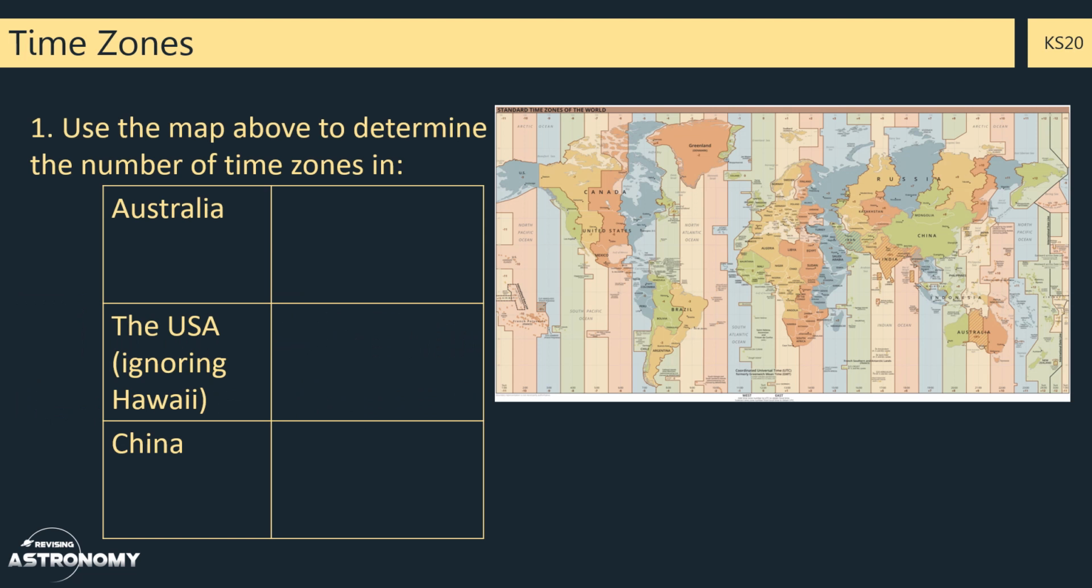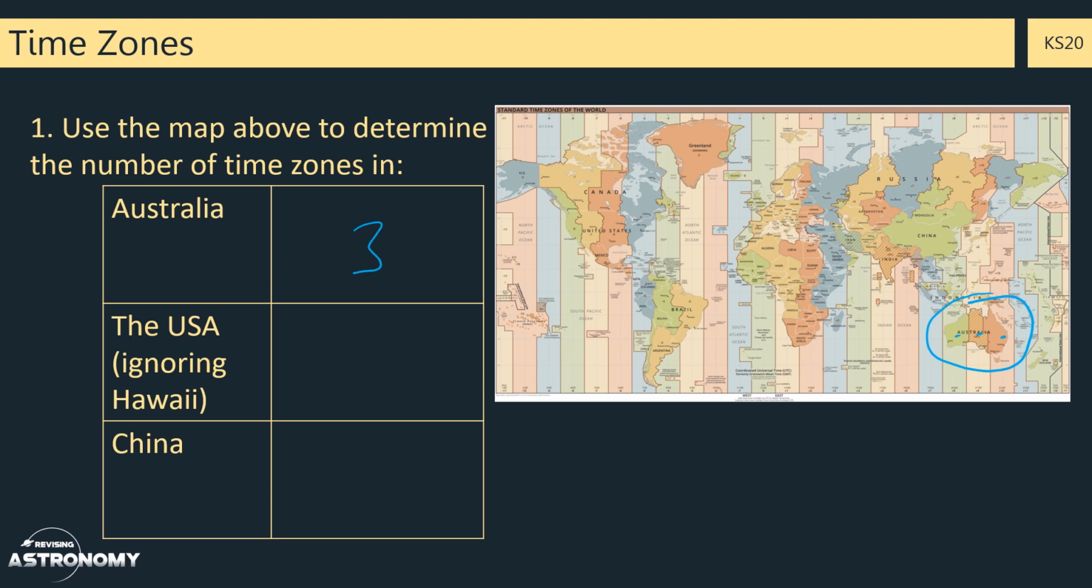In this video, we're going to be looking at time zones. So in the first question, we need to use the map to determine the number of time zones. Firstly, we're going to start with Australia. Now, this might be a bit tricky as it's a little bit small, but Australia is down here, and we can see that there are three colours corresponding to three different time zones, 1, 2 and 3, that take place